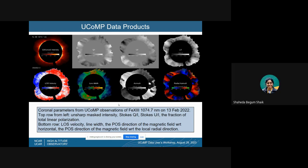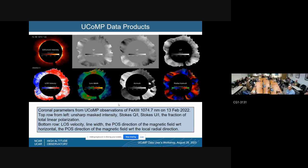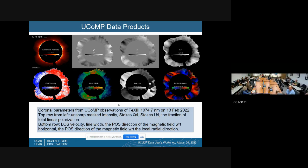Steve, the level 2 is masked in FITS. In level 1, we don't mask anything, so you can see all the signal under the filter at the edge of the field of view, where the noise is basically dominating. For level 2, there is some masking applied for practical reasons, and we'll discuss that in quite a bit of detail during the workshop. The reason is there are some limitations. For example, when we fit a Gaussian, we cannot really do it